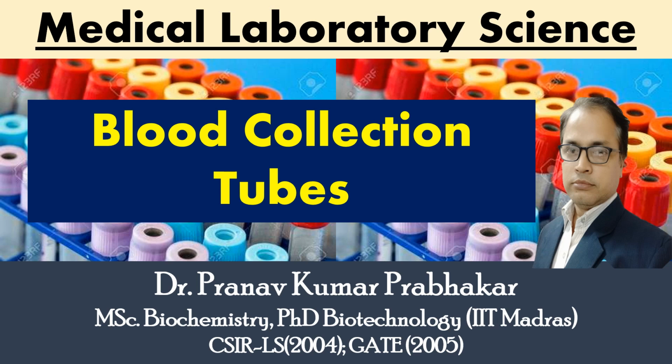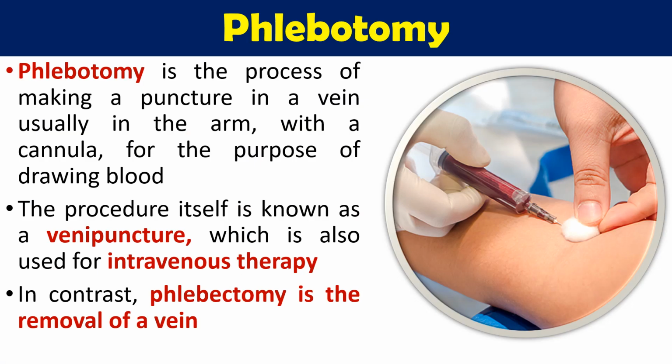These tubes not only differ in their compositions, which type of components is present inside the tubes, but also their caps are of different color. So depending on the cap color we can identify that this tube will have this type of component inside. Depending on the tube, their purpose is also differing. So we will see one by one all the different types of blood collection tubes and their usage, where we are going to use them and how they are different from each other.